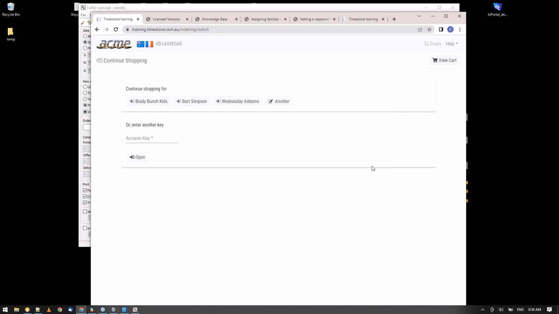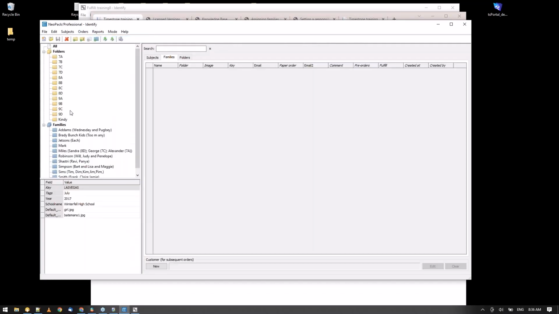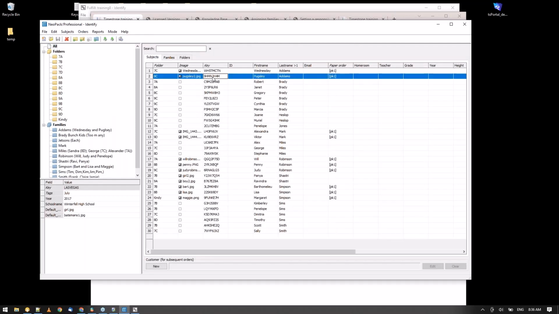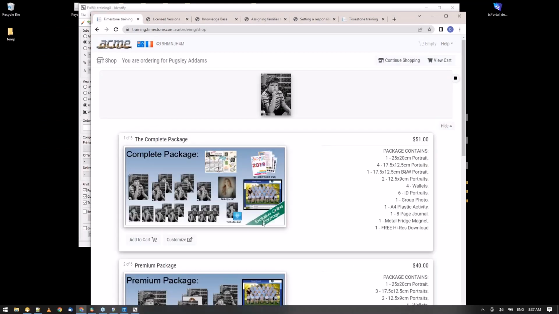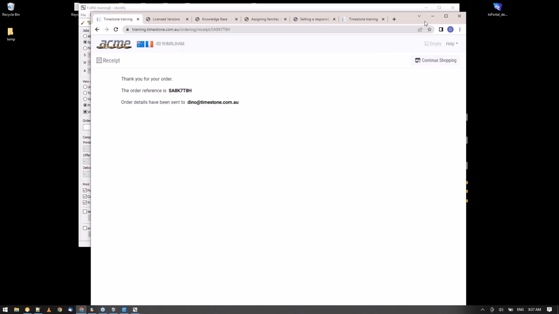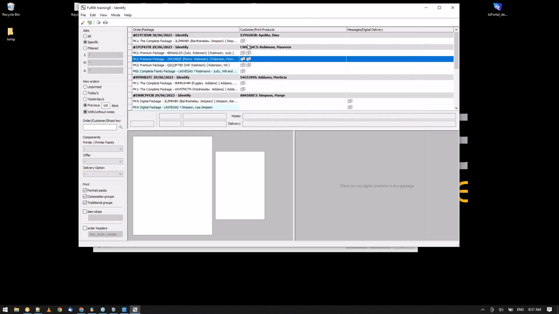But her brother, her brother's name was Pugsley, wasn't it? He's got a subject key. So you put in the subject key, same job. I haven't touched anything with the job. There he is. He sees his image. He happens to have one. Okay, so that's done. So what should happen now is Fulfill will download the order for Pugsley, and in NeoPack